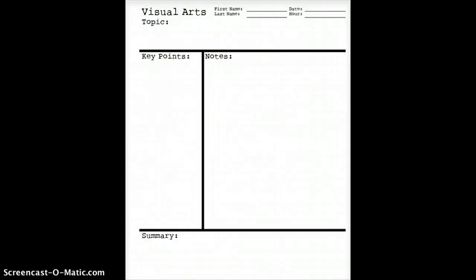Cornell notes are being used across my entire school. So I wanted to jump on board and make sure that my notes look consistent to all the other notes that the students would be receiving. I love these notes for art. It was a little hard to figure out how my concept was going to fit into Cornell notes, but once I did, I absolutely fell in love with it. I have included about 8 or 9 different Cornell notes throughout that packet, and I love the fact that they're all together with the assessments and throughout this packet so that they can refer to their notes as they're filling out their assessments.